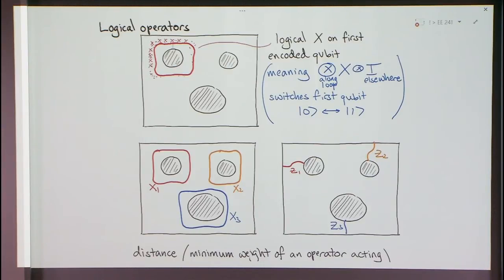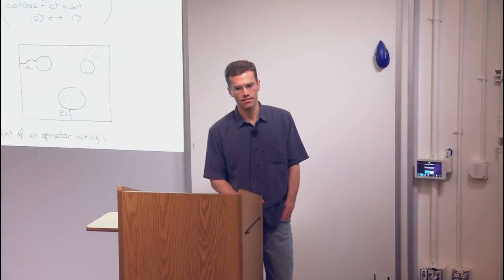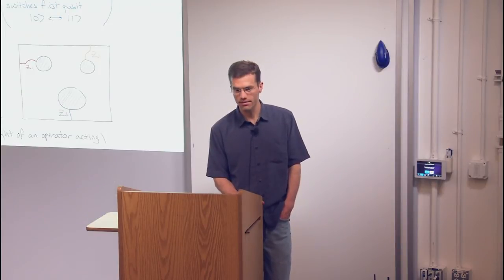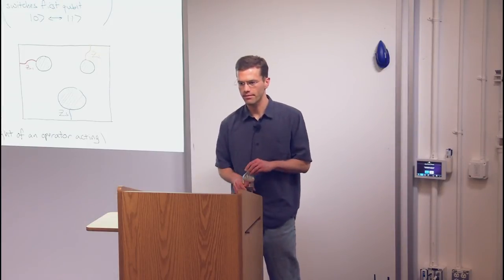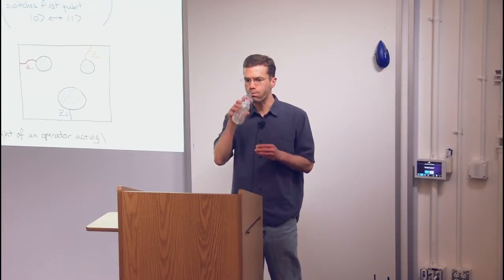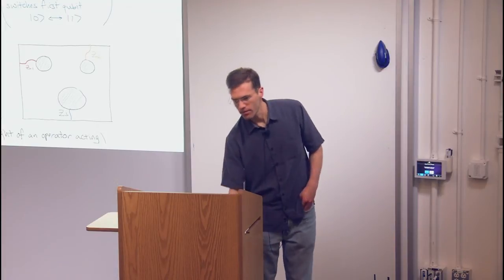So here's one way of thinking about it. The local error that you can introduce is by adding in a loop that just goes around one cell. And if you try to make a loop around one of the holes, like you try to change the state that you've encoded, you've not changed the number of loops going around the holes mod 2. Because if you add a bunch of these square loops together, all of these radial edges cancel, and then you're left with 2 going all the way around.